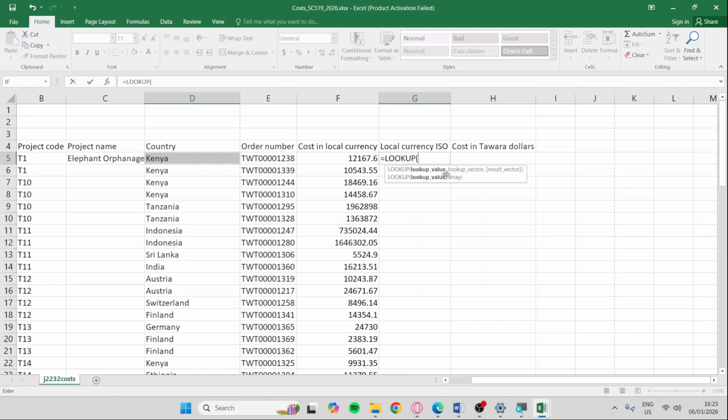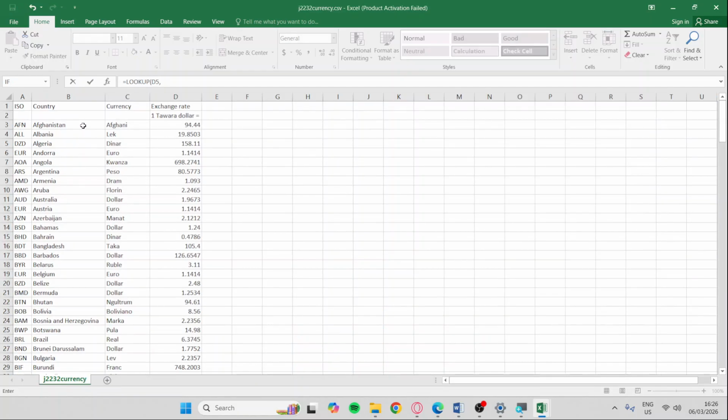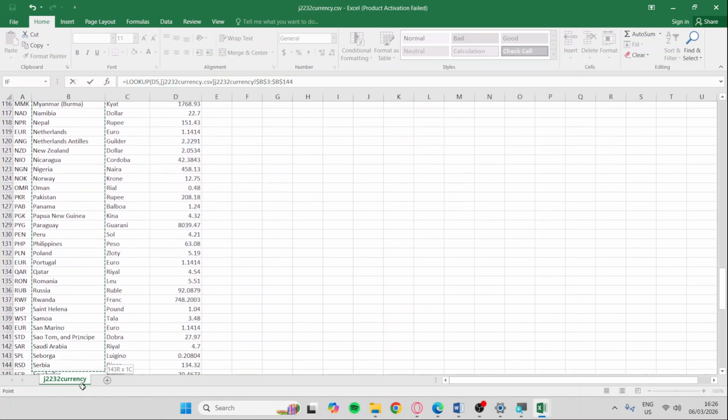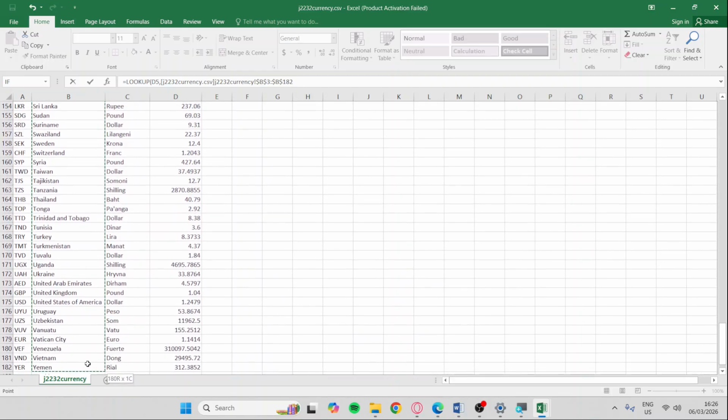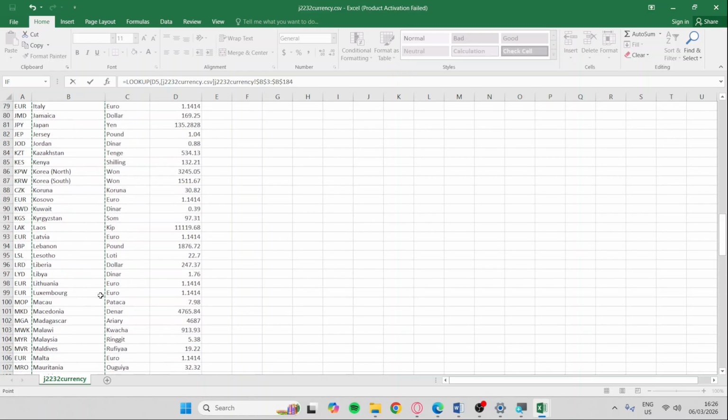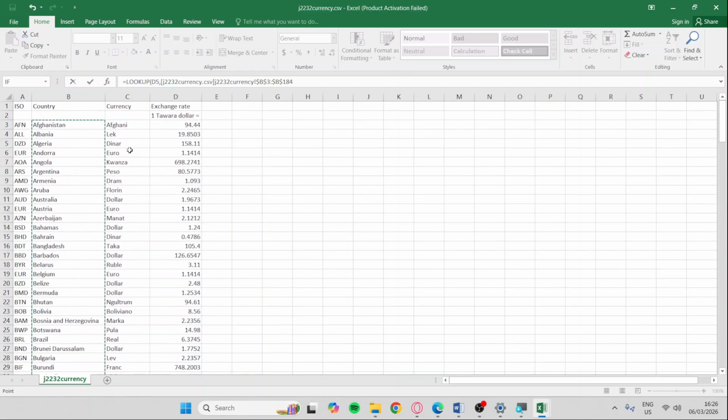So lookup, there's two ways you can do this, right? So we will be using the first one, whereby we're going to have our lookup value, which is in D5, comma, and then the lookup vector, meaning what's the range we are going to find Kenya in. And Kenya in the currency file is found under the country column. So we are going to highlight the whole column with all the countries, without the headers of course, all the way to Zimbabwe. All right, so we started off from Afghanistan all the way to Zimbabwe, comma, okay,